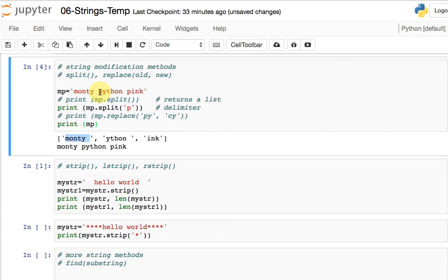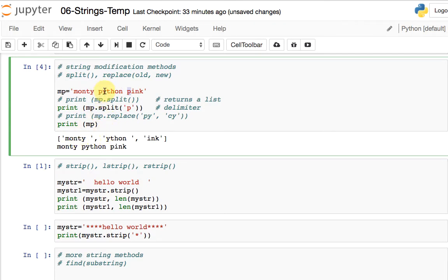I'm using this to decide when to do the cutoff, right? Then you have YTHON and then a space, right? Then it stops because here's a P, not a P. And then you have the last 3 characters that's after the P. So again, 3 characters in this case, only because there are 2 P's. If there are multiple P's, if there are 4 P's, then it's going to be